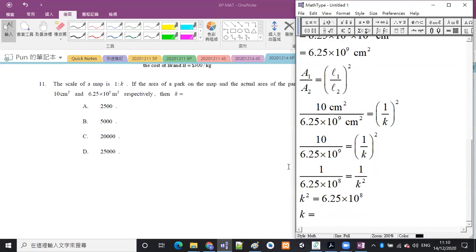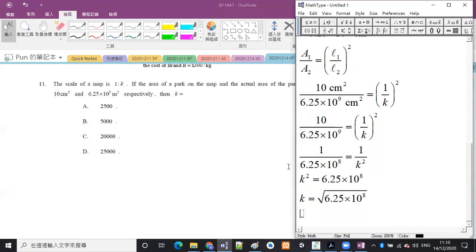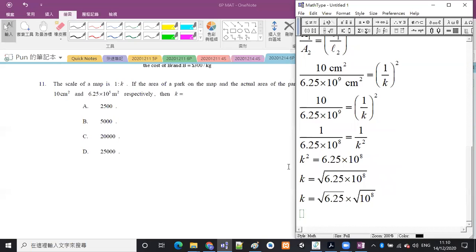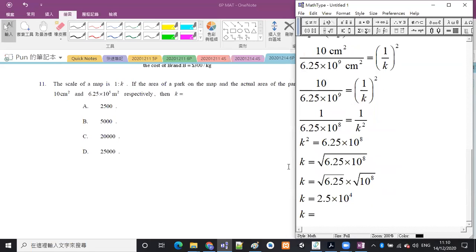So k should be equal to the square root of this number. Okay, and when you use the calculator， 嗱呢度咧，我建議你分開嚟做啊，6.25開方再乘以開方10嘅8次方咁樣。So k should be equal to 2.5 times 10 to the power 4. Okay, and then you just use the calculator to find that k should be equal to 25000。